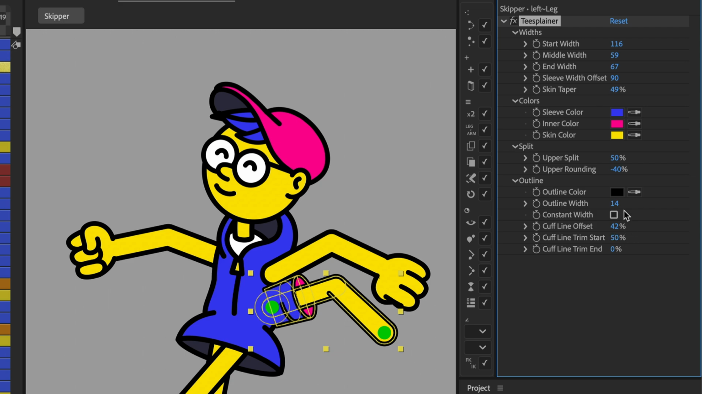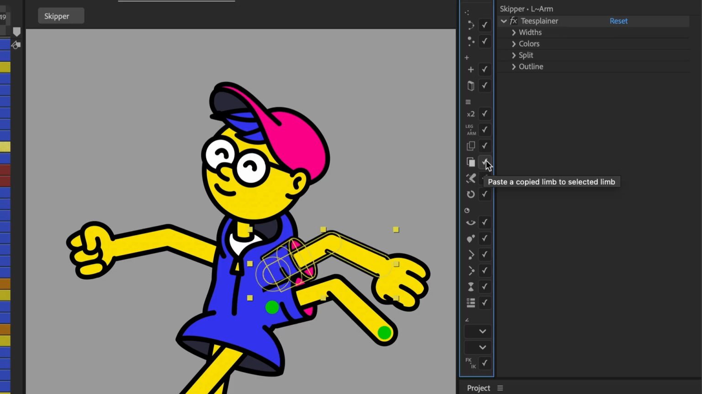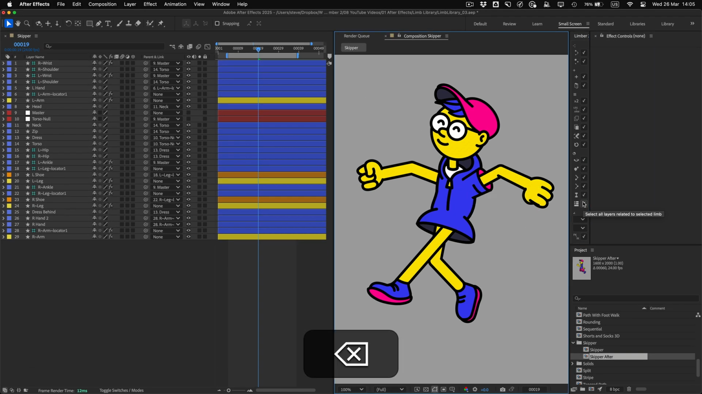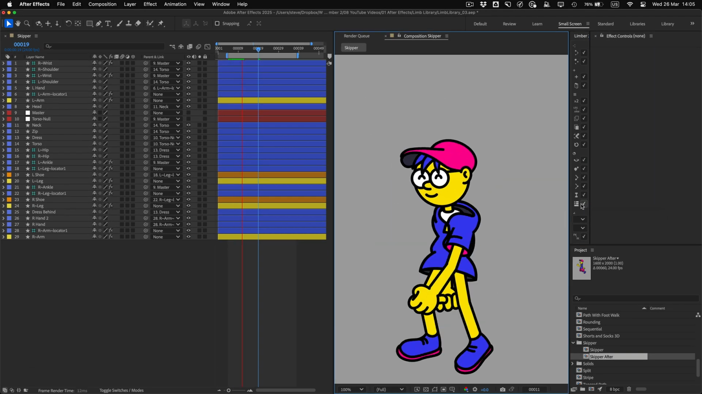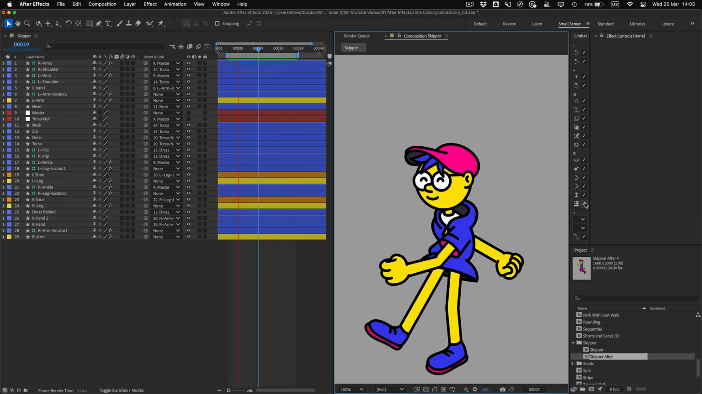So I'll click Limber's copy button, select the destination limb in the comp panel, and then click Limber's paste button. To get rid of the redundant limb, I'll just select one of its layers and use Limber's select button to also select all the controllers, then hit delete. Previewing the animation, it looks great, but I think we should animate the perspective on the sleeve to match the